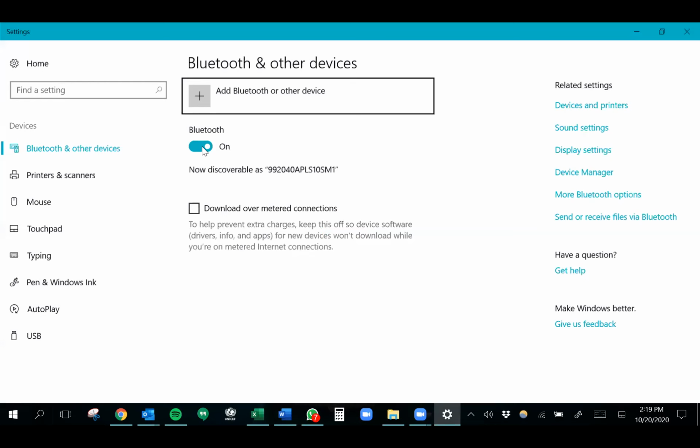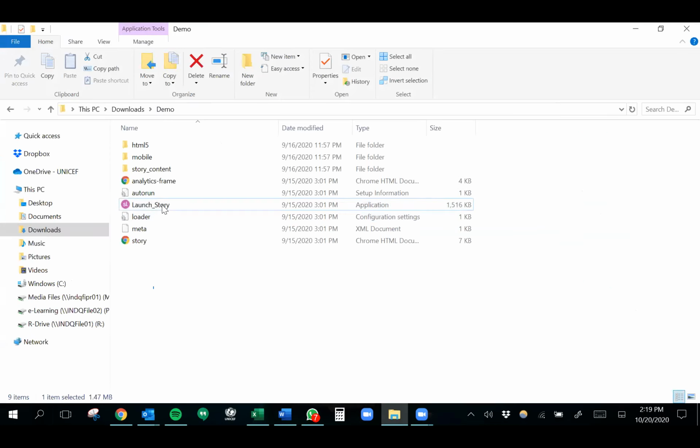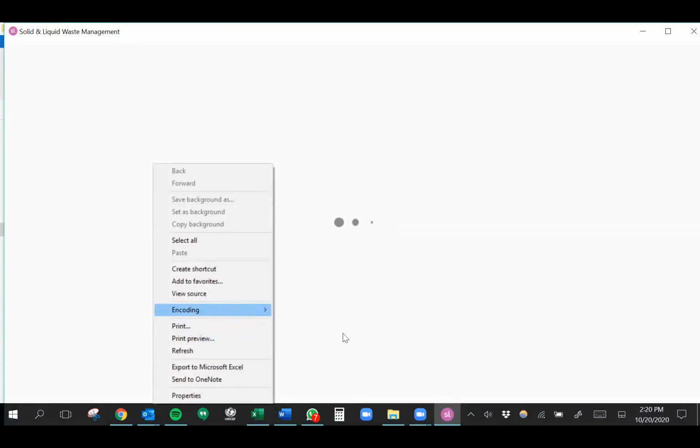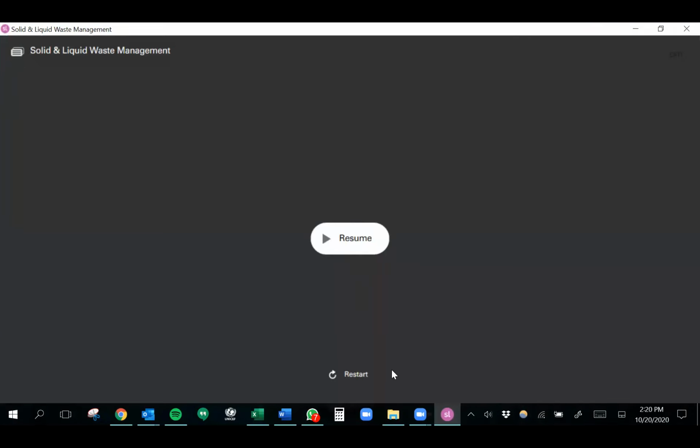I had my Bluetooth on. Waiting for Bluetooth connecting. Okay. Do you know how I can start from the beginning on this? There's nothing here. You can restart. There it is. Restart. Yeah, I did.